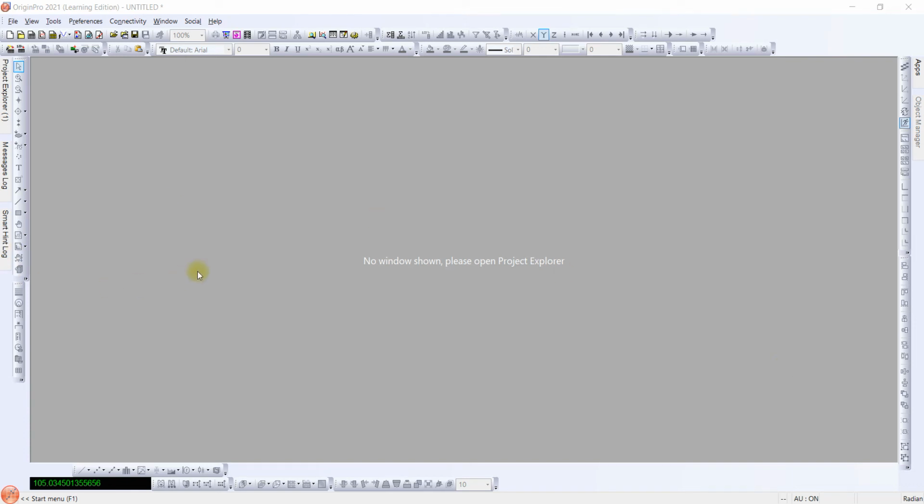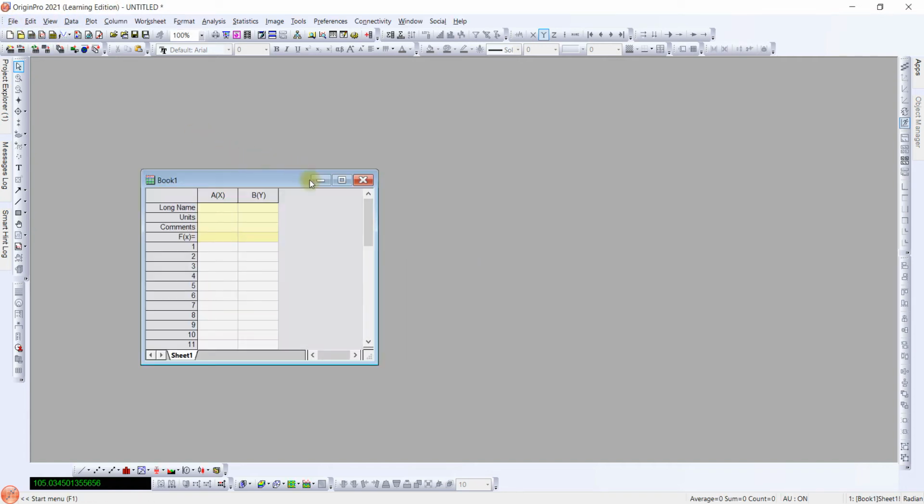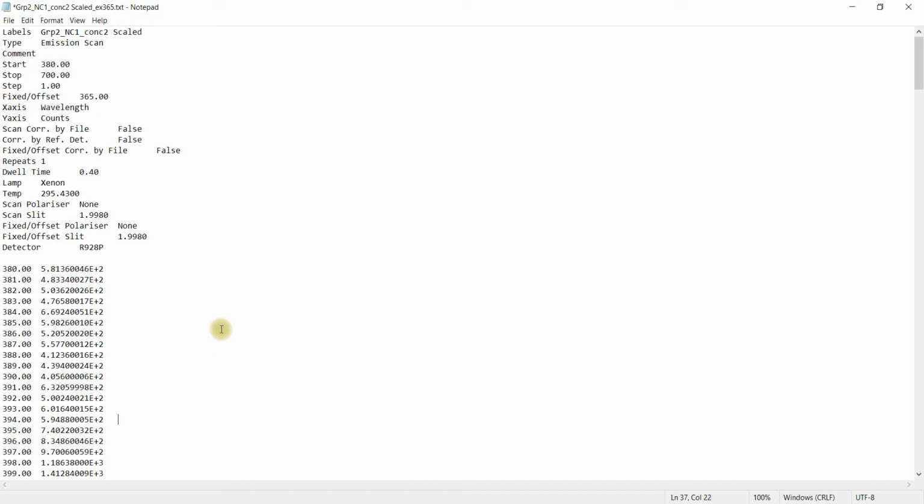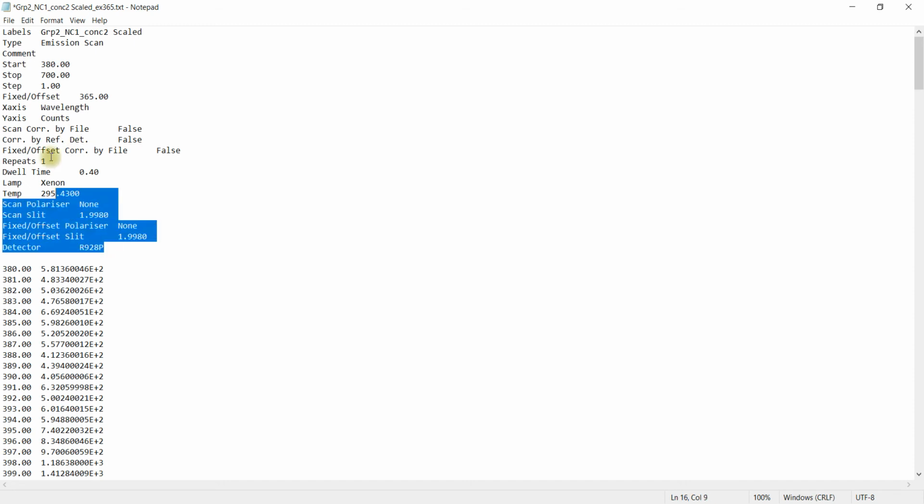So today we will learn how to plot the PL spectra in Origin and also the baseline correction. So here I am using the Origin 2021 edition. So first take a new workbook and go for data. So this data is for a nanocrystal material and here the x-axis represents wavelength and the y-axis represents count. So delete this extra part.